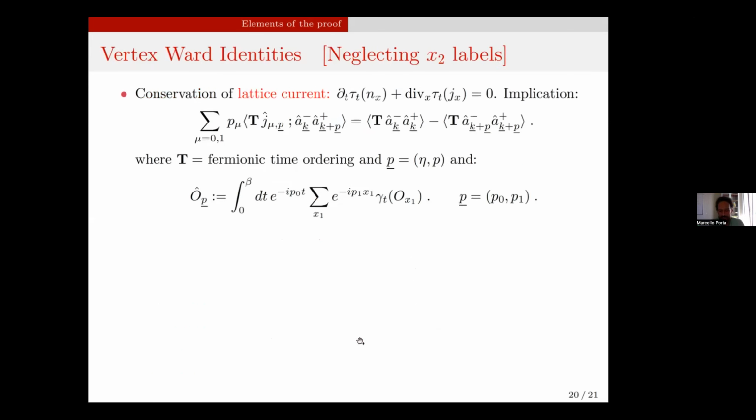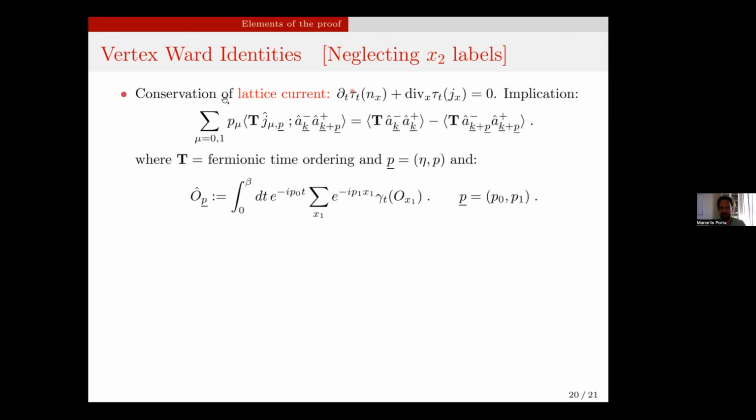So what we do here, and that's how I will conclude, is to again use conservation laws. And I will cheat a little bit here. In the following, I will neglect the x2 label. That's the coordinate in the non-translation invariant direction. The reason why I'm doing that is that these coordinates ultimately are always summed in what I'm doing, and they don't really play a role. So from now on, I will pretend that my model is one-dimensional just for the sake of explaining how things proceed. So what I want to use is again a conservation law.